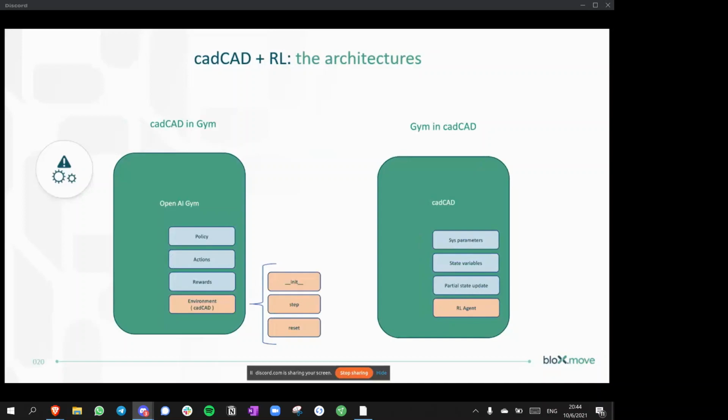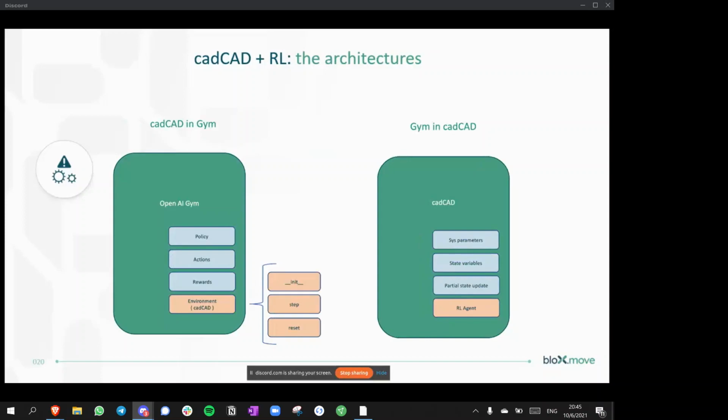What's the problem here? In the last slide of the last section, I was saying that cadCAD and Gym AI were similar because both of them are platforms, both of them have a specific architecture, and both of them have been designed to be used end to end. They have not been designed to be merged or integrated into other platforms. So for example, if we look at the left, where cadCAD exists in Gym, and I'm talking about architectural software integration,